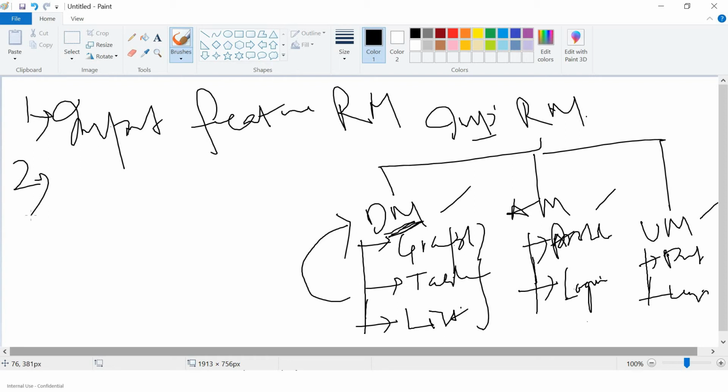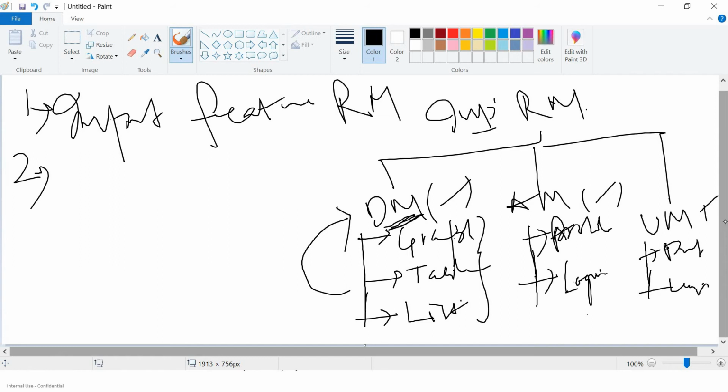Whatever is available with the dashboard module, the root module will know it. How? We need to export. In the dashboard module we need to export the component.